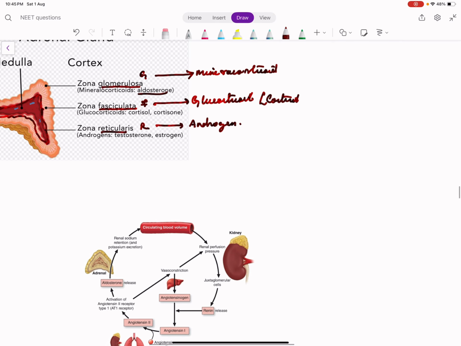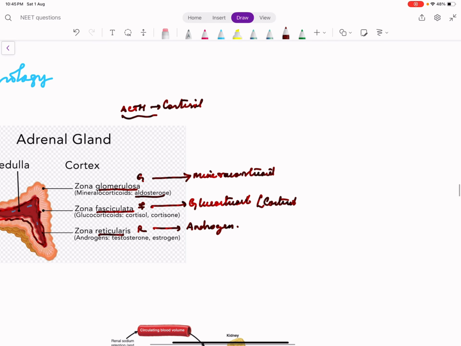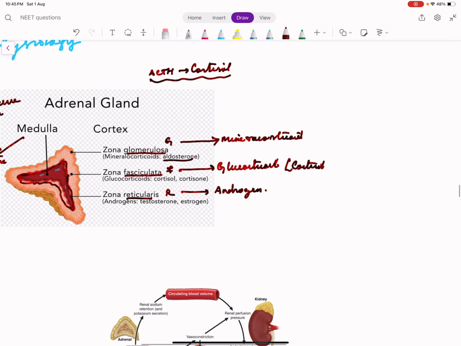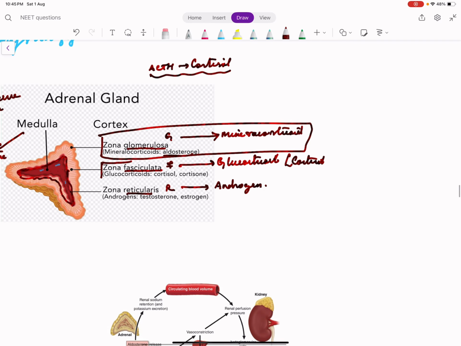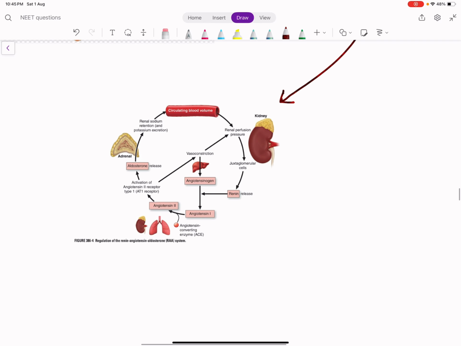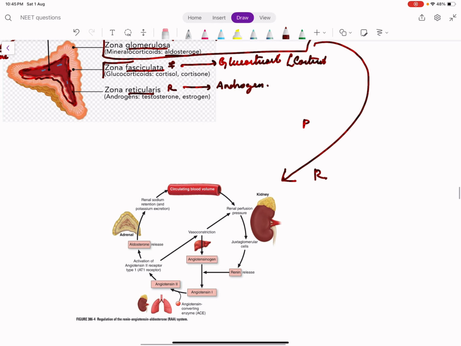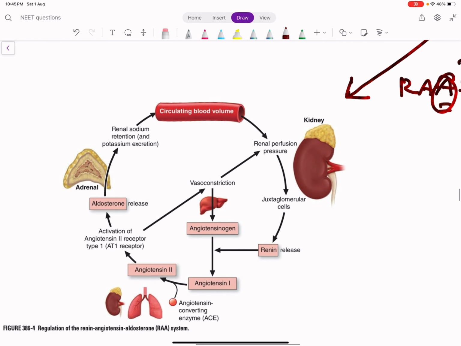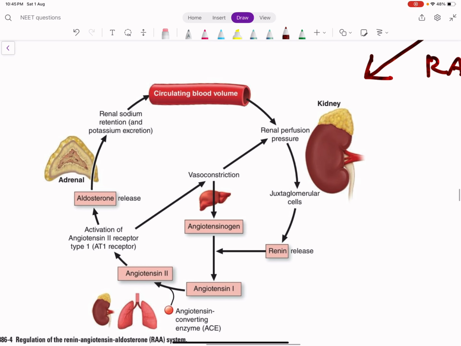So, another thing about the control. I told you ACTH controls only the cortisol secretion. So, what is the mineralocorticoid controlled by? The mineralocorticoid is controlled by the renin-angiotensin-aldosterone system, RAS system, or RAAS. The second A stands for aldosterone, which is a mineralocorticoid. So, what is the stimulus for the RAS? It is any condition which depletes the intravascular volume. So when the circulating blood volume becomes low, when the renal perfusion pressure becomes low, the juxtaglomerular cells, the JG apparatus, JG cells get stimulated,